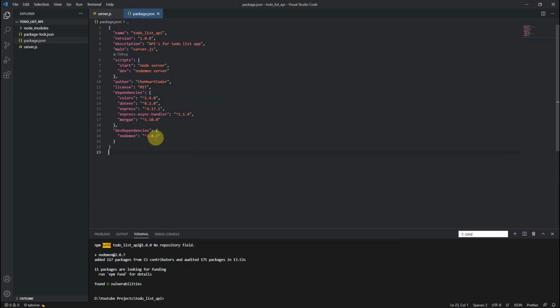So I am creating some folders. The first one is for our routes, so that should be routes. Next, controller, then next, model.